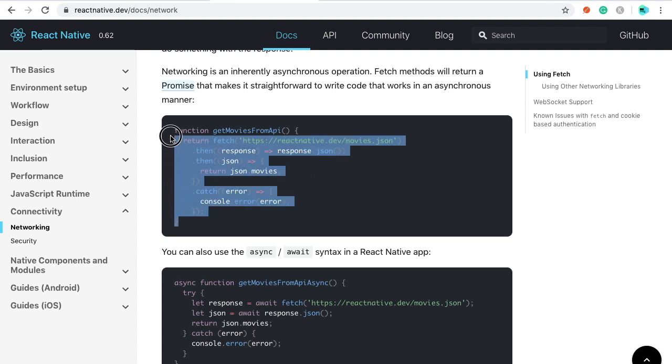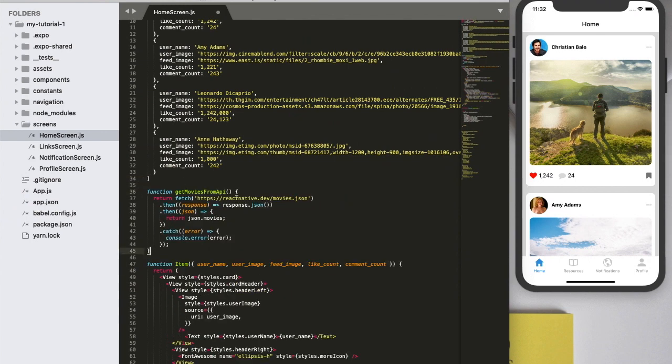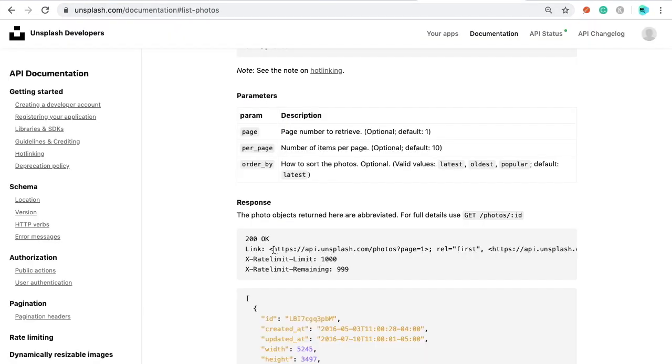So I'm going to copy this function and paste it here, changing the name of the function to getPhotosFromAPI. Then we need to change this request URL. This is the URL we want to use.